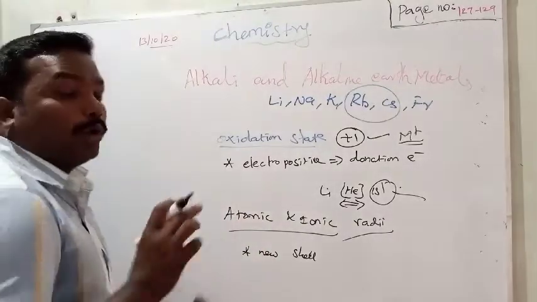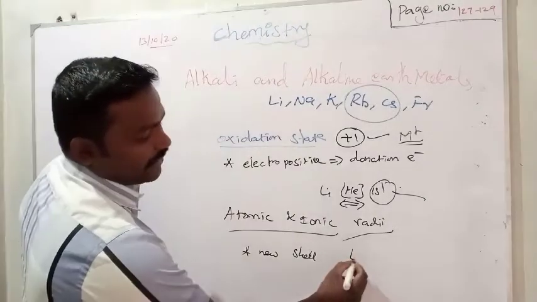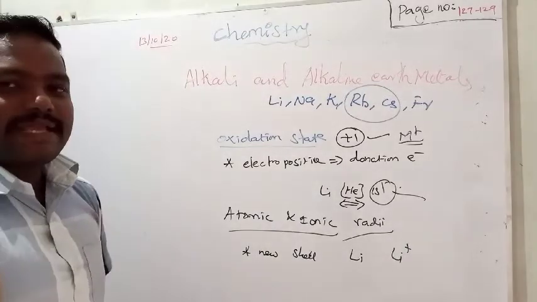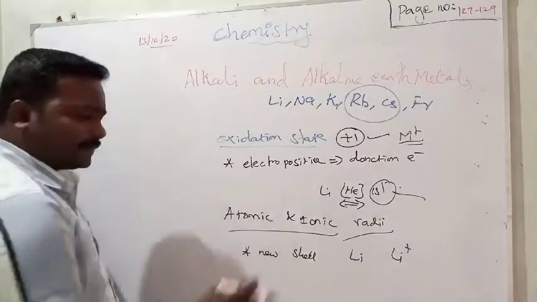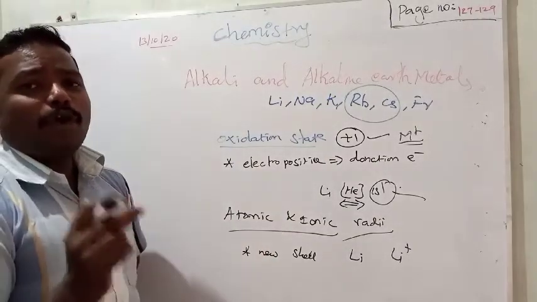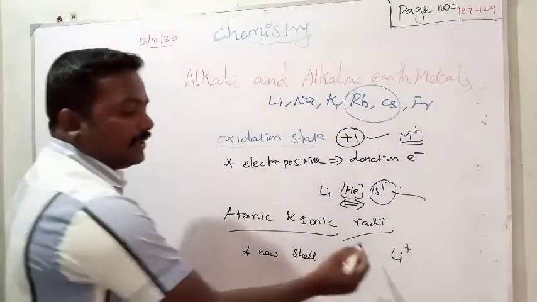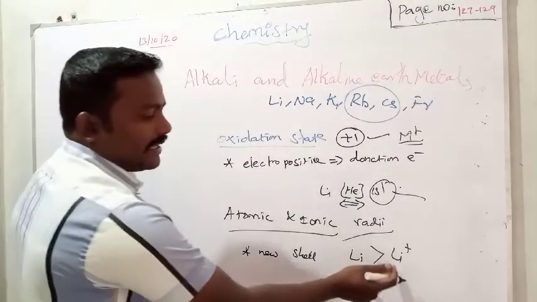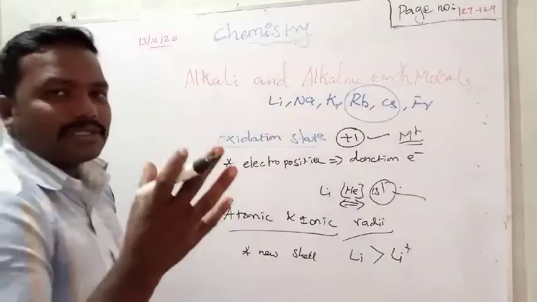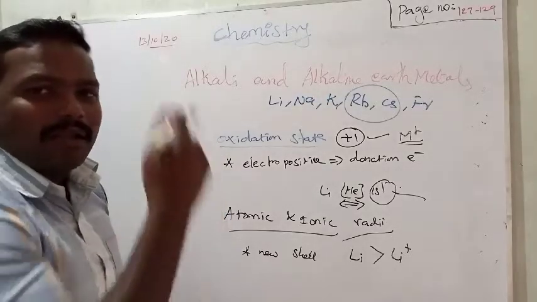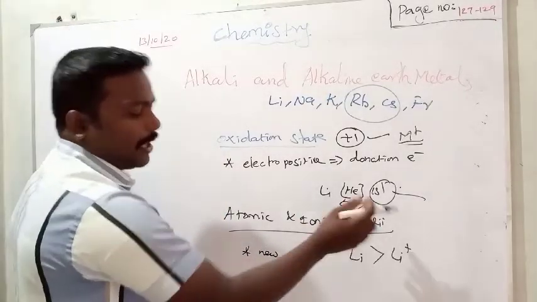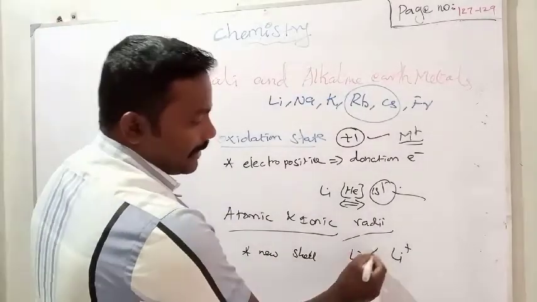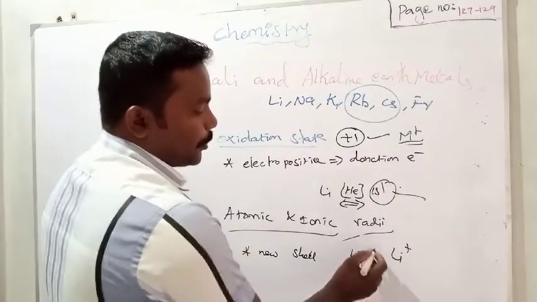Then here we have to note one more very important thing. If you compare the size of lithium and lithium plus, which one is the lowest size, which one is the highest size? Listen, the positively charged monocationic ion will have a smaller size than the normal atom, because already it lost one electron, so in the last shell we had only one electron, that is also lost, which means it will have a smaller size. We can see the monoatomic cation is smaller in size.